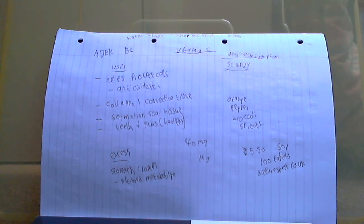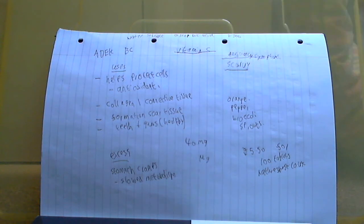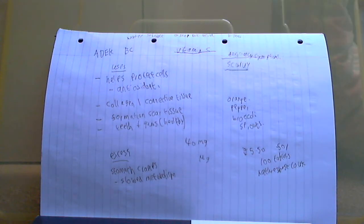The daily recommendation for adults is 40 milligrams. I haven't listed all the different age groups, but as you can imagine, women and children will be slightly less than this. The reason why I've listed the symbol for micrograms under there is so that you don't get muddled up. To do with food labelling, if you have a look on certain packets, you may see micrograms listed as the weight measurements. There are 1,000 micrograms in a milligram,